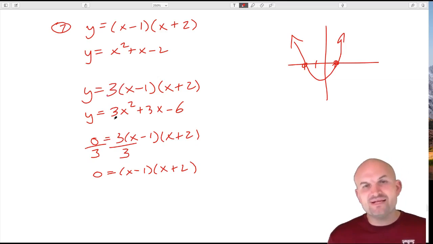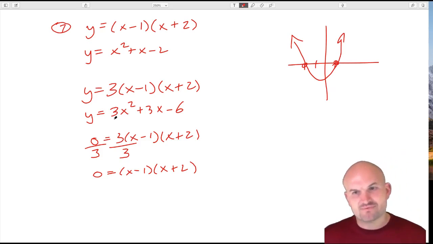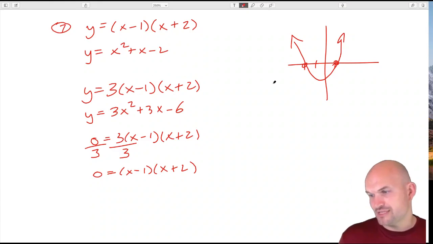So the 3 is that vertical stretch. It is a scalar. So that's why it's very important. So it's a really good question, and that's why I just wanted to spend